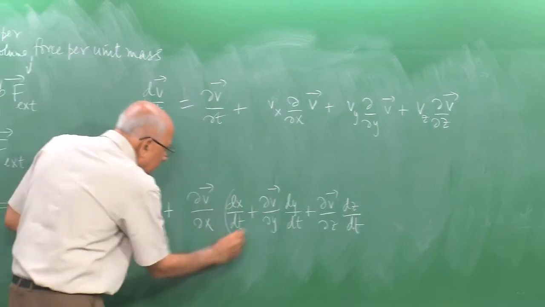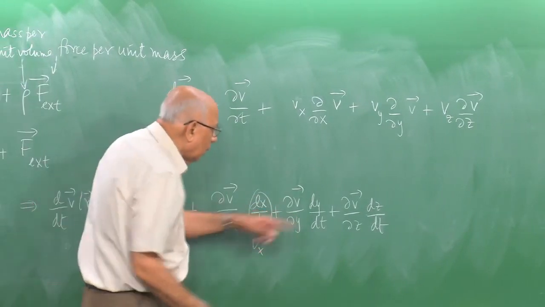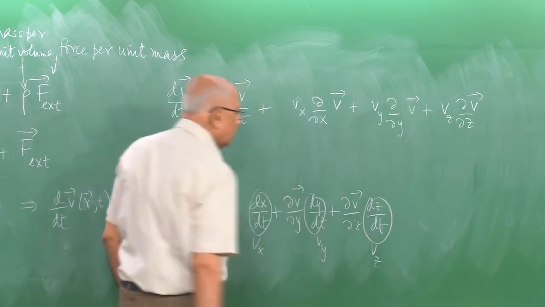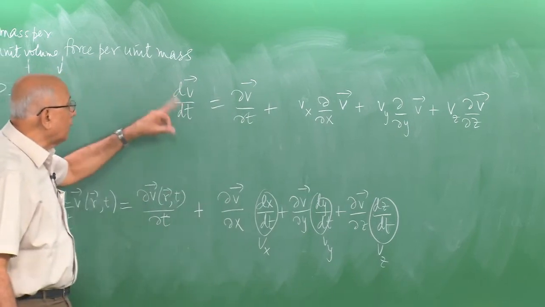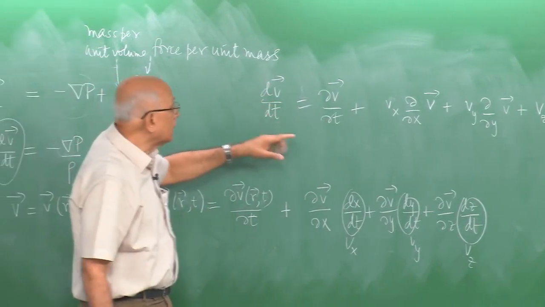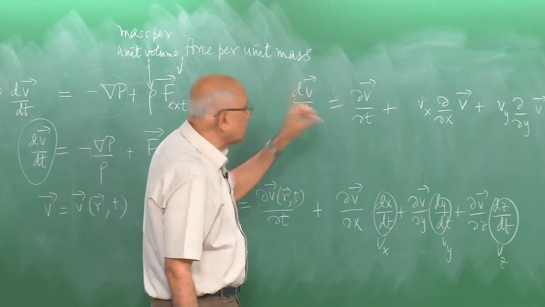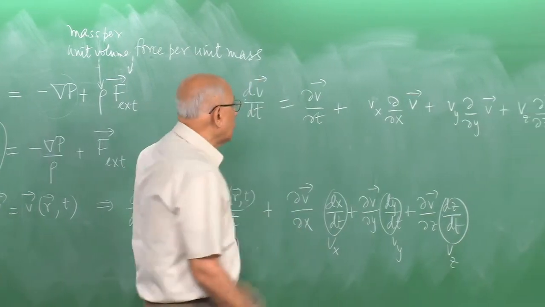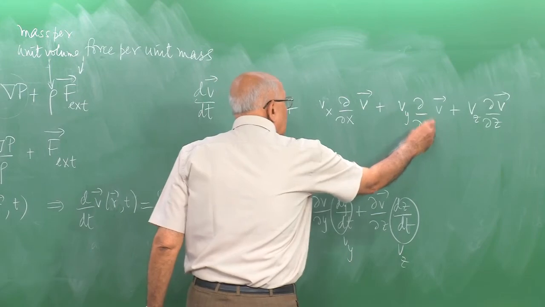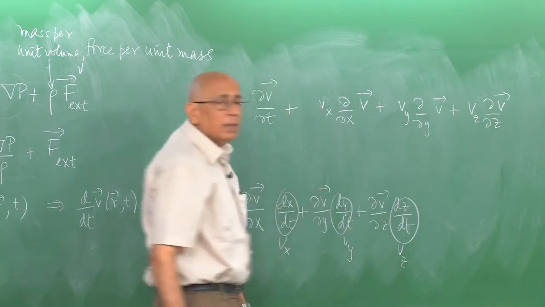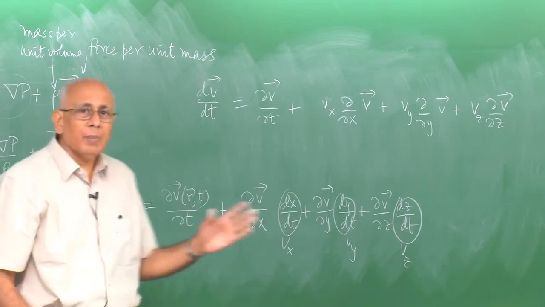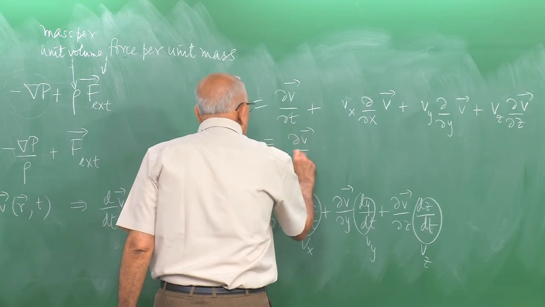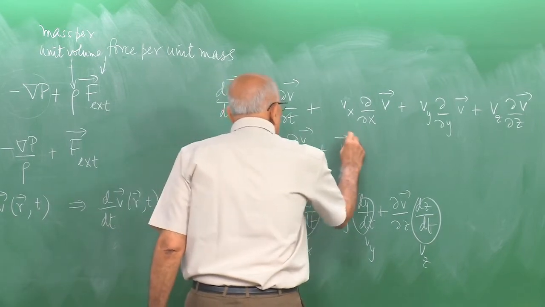This is V x, this is V y, and this is V z. So, we have the total derivative of the velocity V given by the partial derivative of its explicit time dependence plus Vx times this, Vy times this plus Vz times that. But you see these quantities delta over delta x, delta over delta y, delta over delta z arise from the components of the gradient operator, the del, the triangle operator. So, this can be written as delta V over delta t plus V dot del